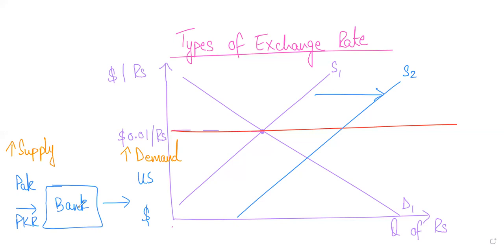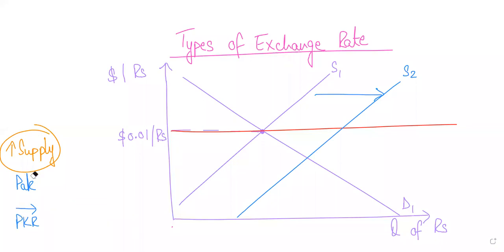So which currency is being provided to the bank? Rupees, and that's why its supply is increasing. And which currency is being bought from the bank? Dollars, and that's why dollar demand is increasing. Is everyone absolutely clear on this? Is there any confusion around this? So every time you import from another country, your currency supply will increase. Easy, simple. But what's the problem with this? When the supply